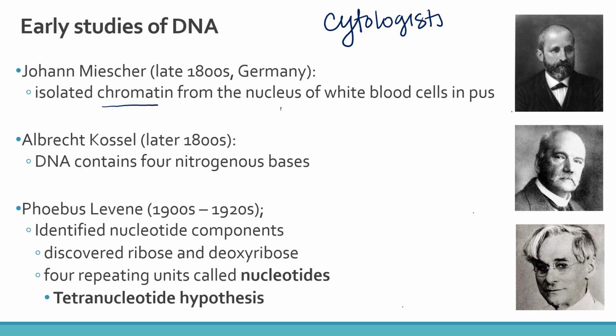Chromatin is a structure that consists of both the DNA molecule and proteins. And we'll talk about what chromatin is a little bit later in our lecture for this chapter. But chromatin is a complex made up of DNA and proteins. Originally, these structures were called chromatin and chromosomes